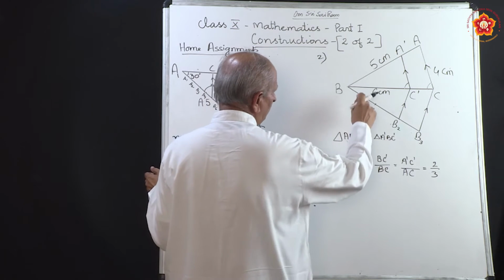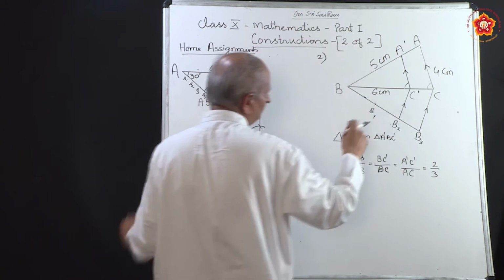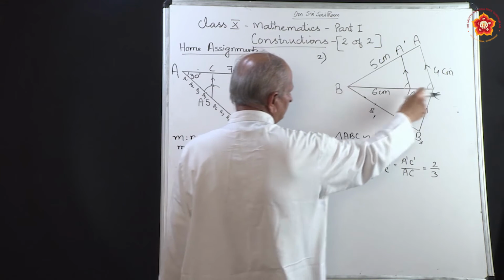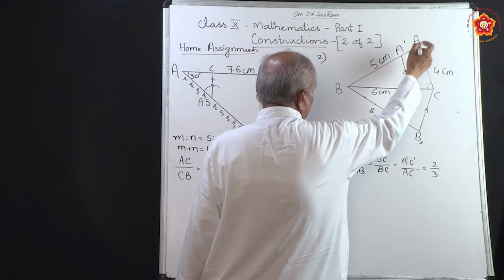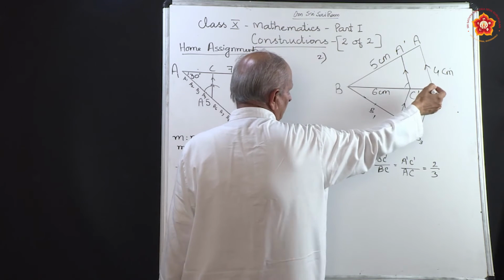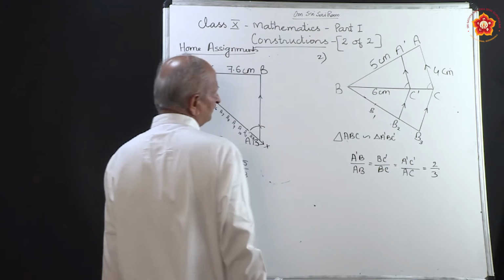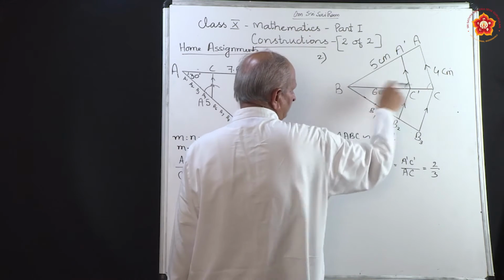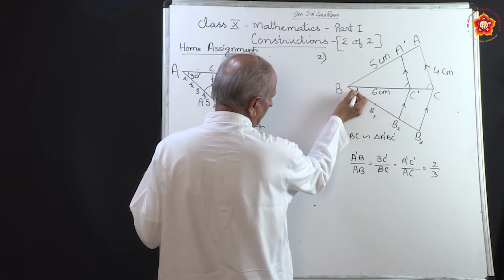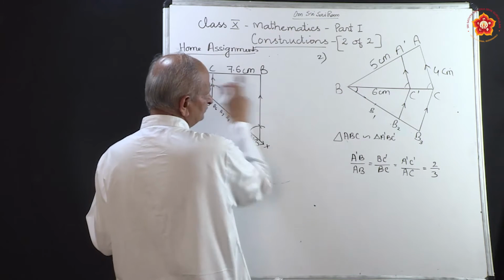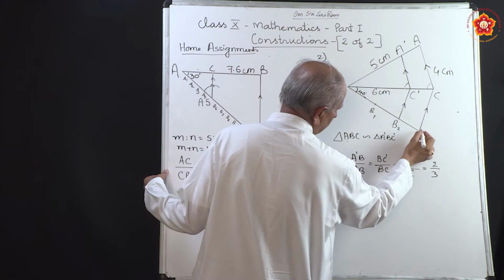That is, first of all, you construct a triangle called ABC with BC as base 6 centimeters. From B as center, cut off an arc of 5 centimeter radius, and from C as center, cut off another arc to cut at A. So, you get a triangle called ABC. From point B, make an acute angle as you have done last time, and say 40 degrees, draw a ray,